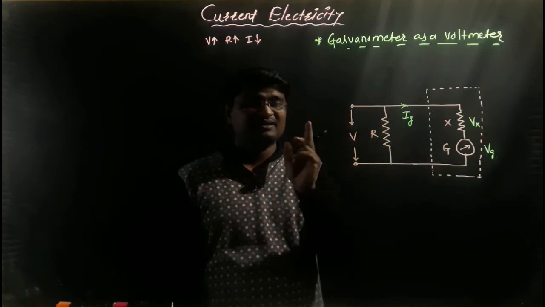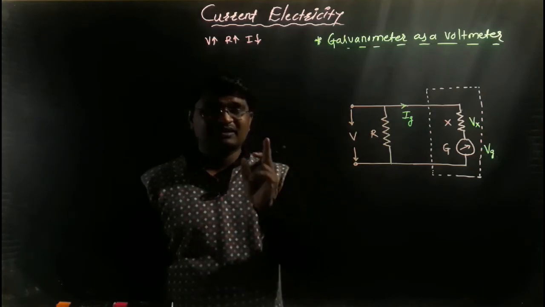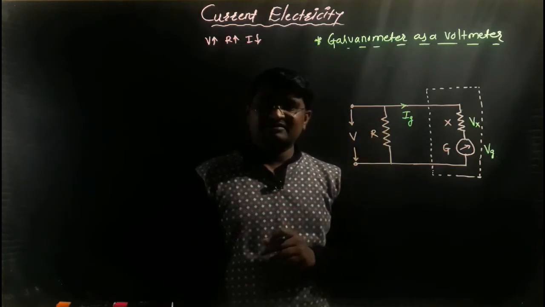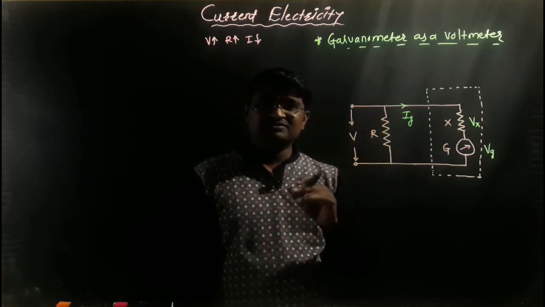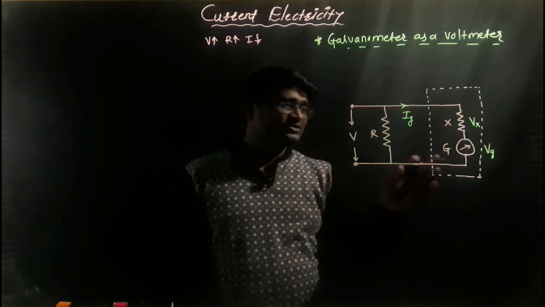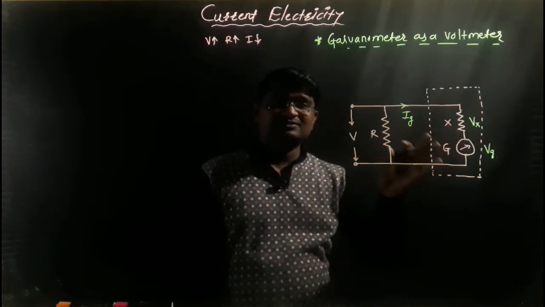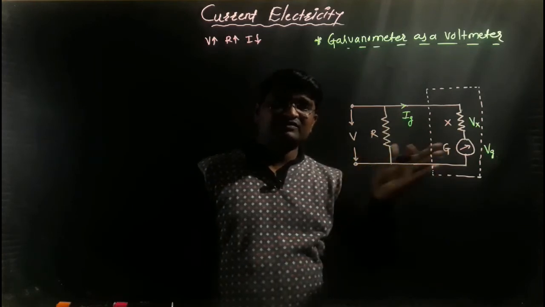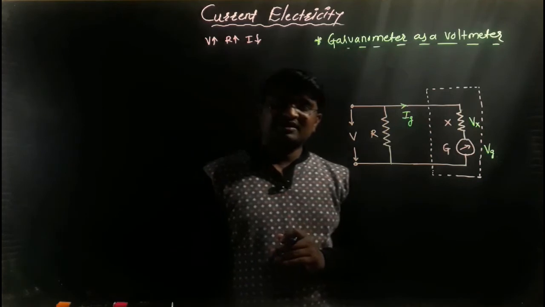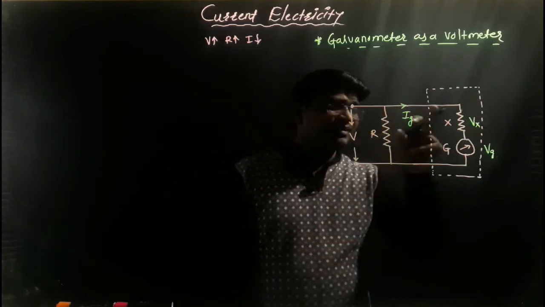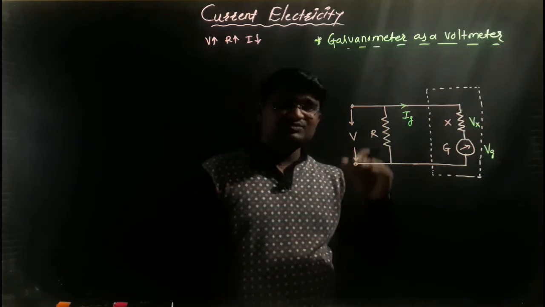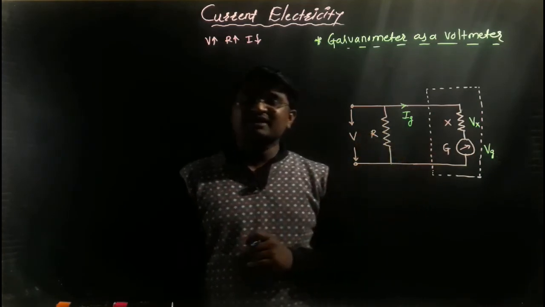We observed the same in the previous point, galvanometer as an ammeter, but here the resistance is connected in parallel, and when the resistance is connected in parallel, the resistance will increase, and when the resistance increases, the potential also increases. It means that a maximum amount of voltage will pass through the galvanometer. But you know that when the maximum potential difference passes through the galvanometer, it is possible to damage the coil of the galvanometer.